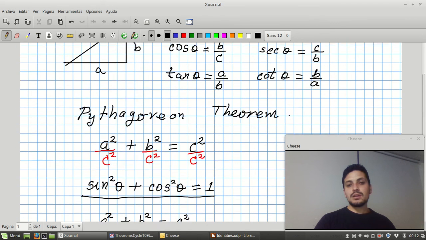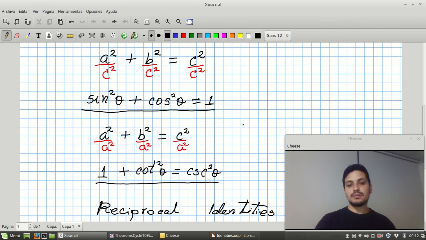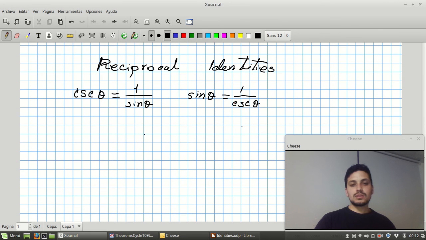Okay, and here we can see that the reciprocal of cosine is secant of the angle. So the other reciprocal identity will be that secant of the angle is the reciprocal of cosine,